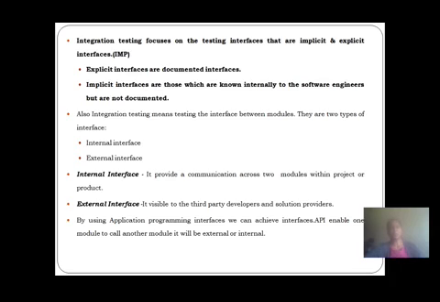But explicit interfaces are those where the organization maintains the documentation of those interfaces. These types of interfaces have documents that are collected from the customers, which are the requirements. The requirements are always maintained in the SRS, the system requirement specification, and the organization always tries to maintain that document. So that is the explicit interfaces.